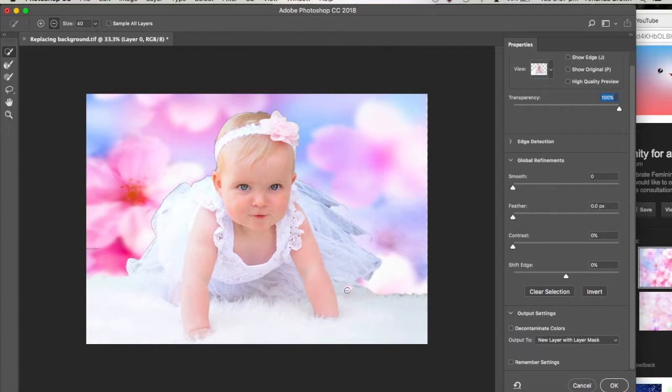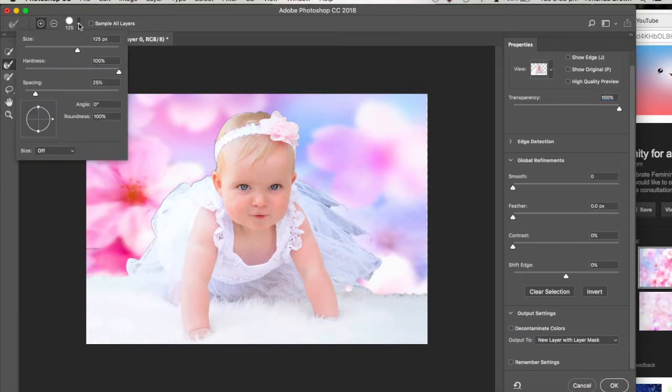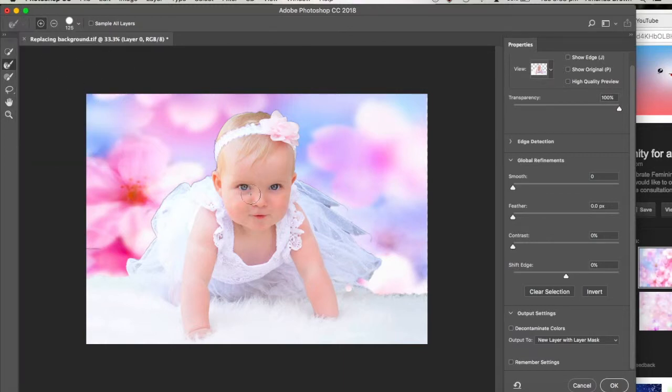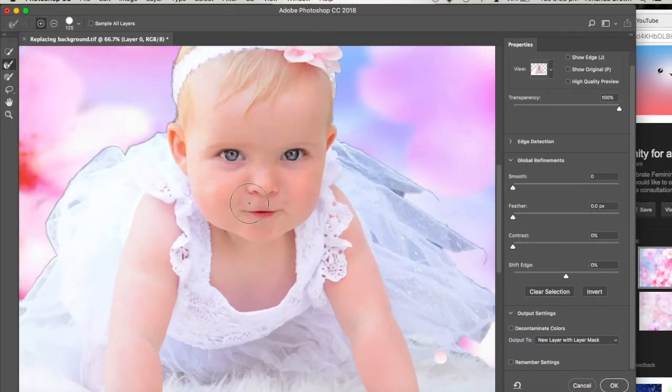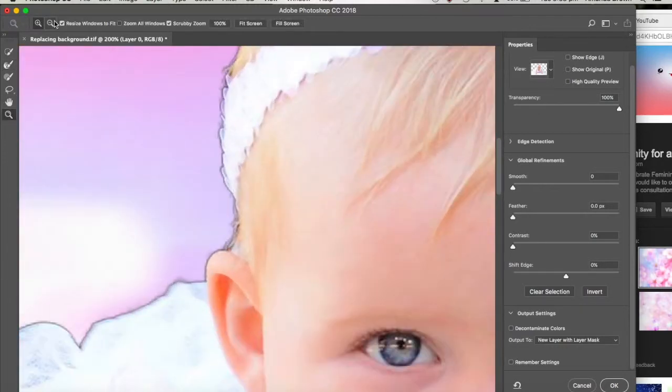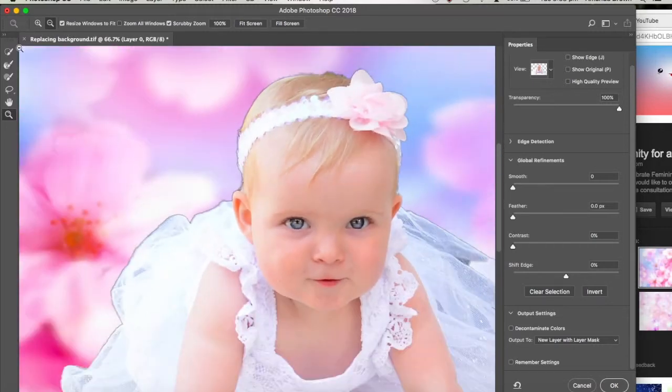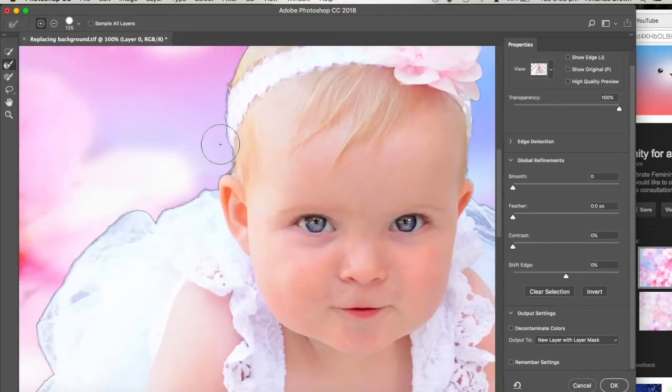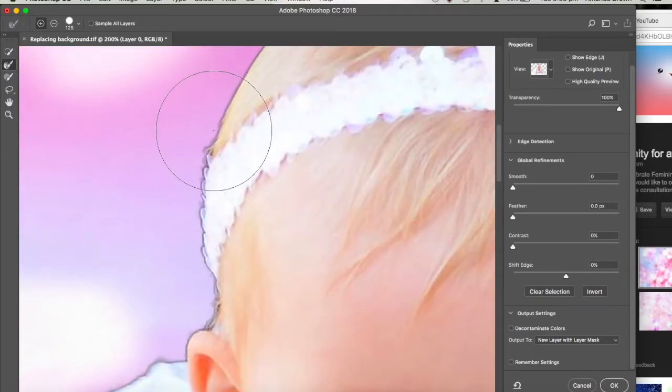To refine those selections, you're then going to use this second tool down, which is your Refine Edge Brush tool. Again, you've got plus and minus, you've got a brush sizing, and you've got the hardness. I'm just going to leave it as it is, and I'm going to zoom in on my computer by going Command plus, or use the eyedropper to go plus, minus, you can go back again that way. So, going back to my Refine Edge, using a brush sample size